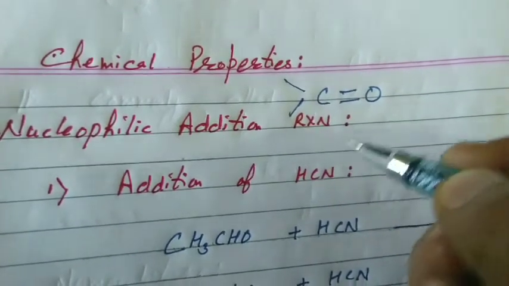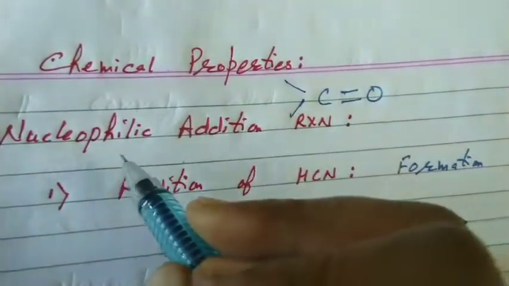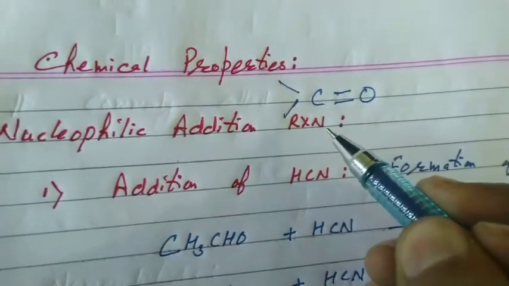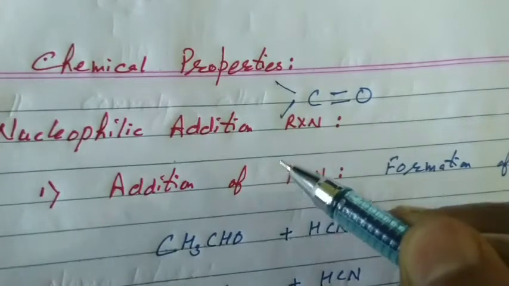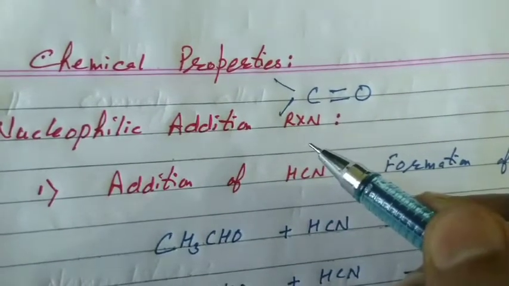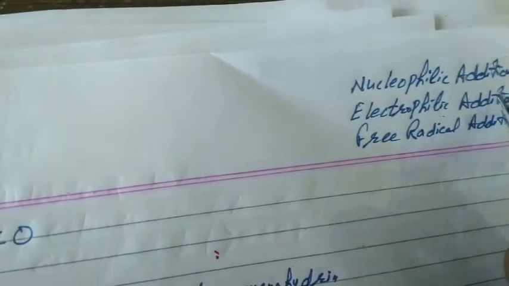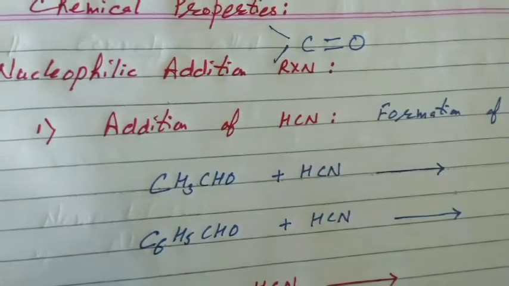Carbonyl compounds, at first they undergo which type of chemical reactions? They undergo nucleophilic addition reactions, because in the slow step, the negative part of the attacking reagent attacks. If we discuss the mechanism of the reaction, in the slow step, if the positive part attacks, we call it electrophilic addition. If the negative part attacks, we call it nucleophilic addition. Carbonyl compounds undergo nucleophilic addition reactions.